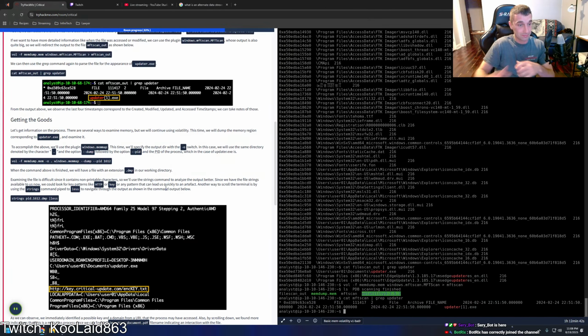Let's get information on the process. There are several ways to examine memory, but we will continue using Volatility. This time, we will dump the memory region corresponding to updater.exe and examine it. To accomplish the above, we'll use the plugin windows.memmap. This time, we'll specify the output dir with the -o switch. In this case, we will use the same directory denoted by the dot character and the option --dump followed by the option --pid and the PID of the process, which in the case of updater.exe is